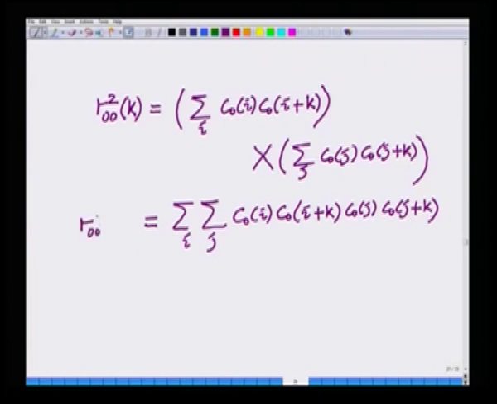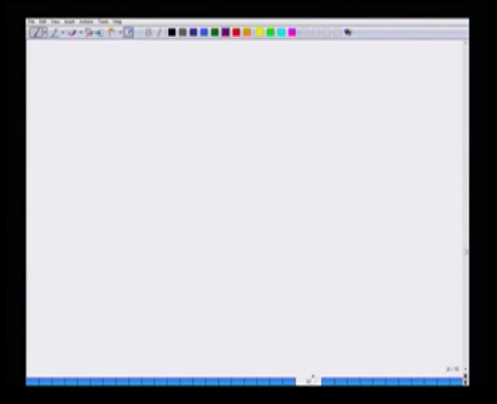Alright, this is R_00 squared of k. There is also a factor, I am sorry, of 1 over n, so that becomes 1 over n squared. Hence, the expected value of R_00 squared